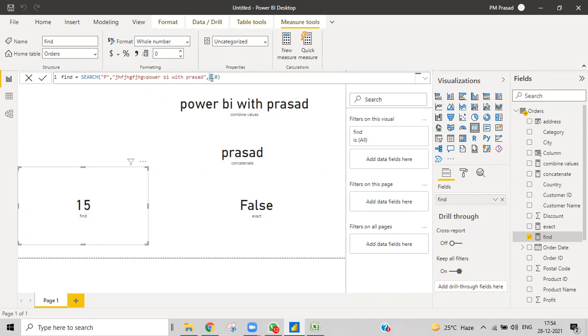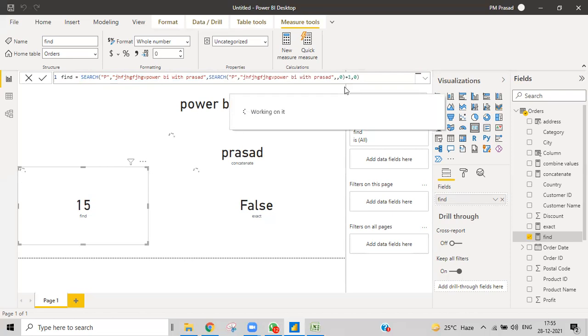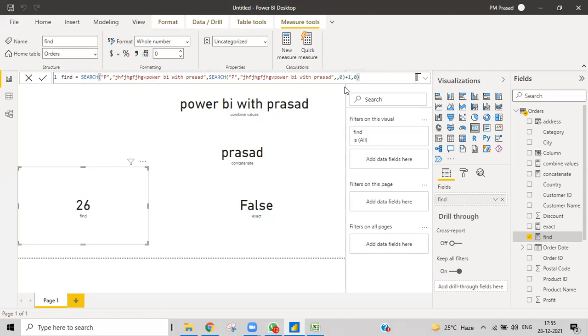So what I'll do, in place of that, I'll write this one again, and then I'll write plus 1. Get the same answer. 26 it is giving.